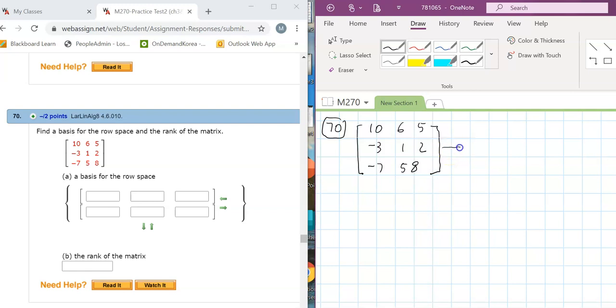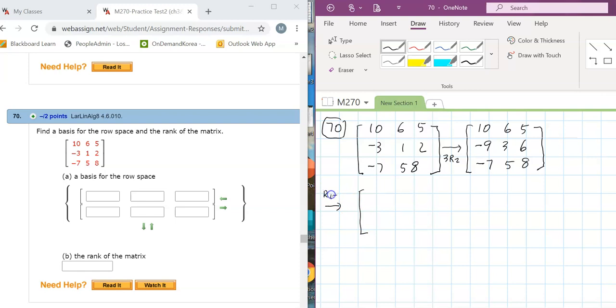Now, I'm going to do Gaussian elimination, and I try to avoid fractions. So make it 10, 6, 5, and I'm going to multiply this guy by 3R2, and then 3, 6, negative 7, 5, 8. Okay, and then